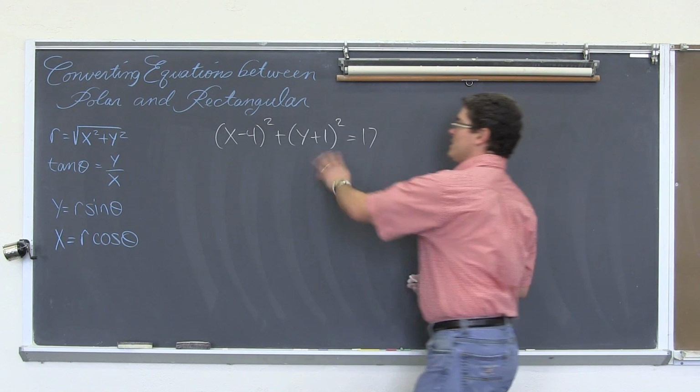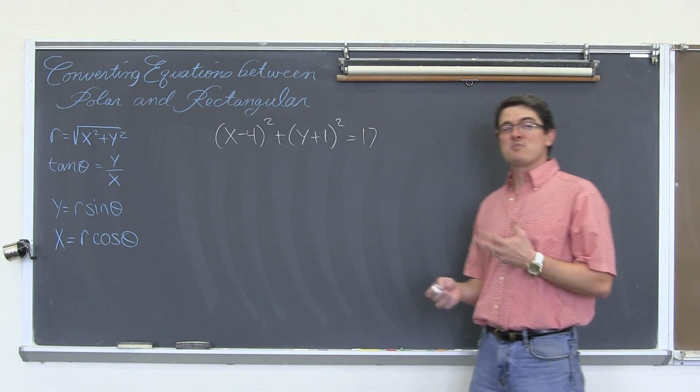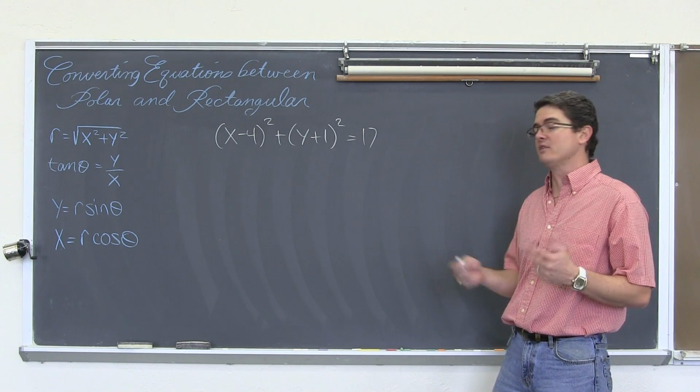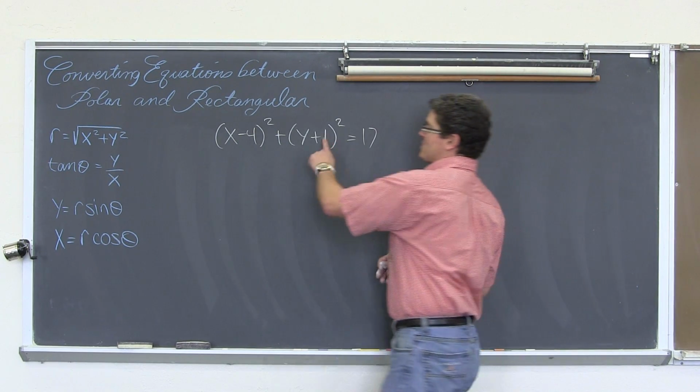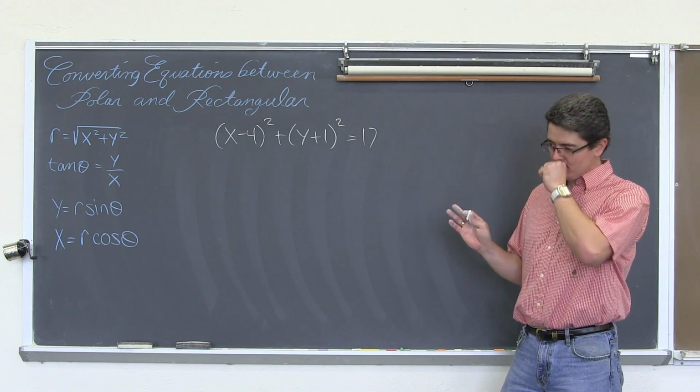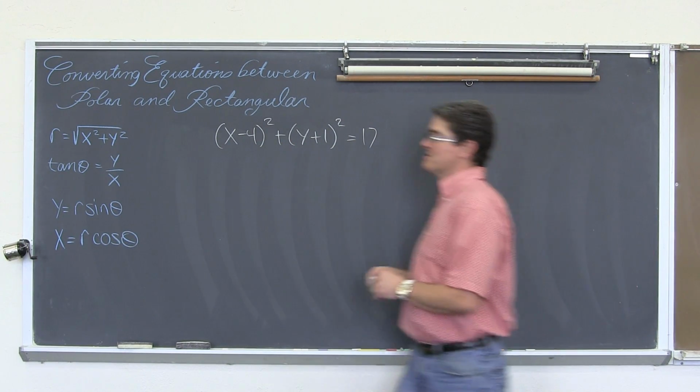If you have one of these equations in your textbook like mine, it's probably set up to work out relatively straightforward, as much as possible. No substitution is going to help us right now get r and theta in there very cleanly. So I'm going to expand this out and see what happens.